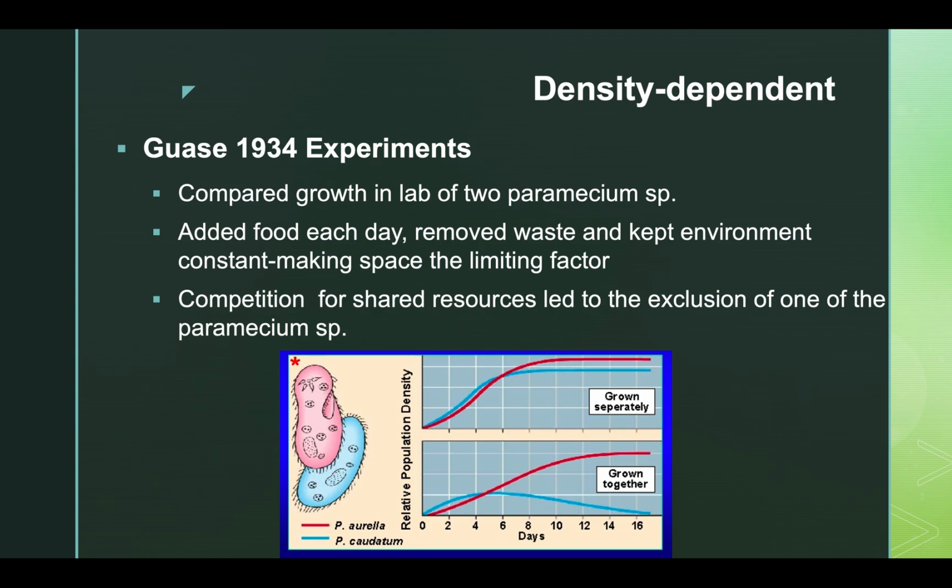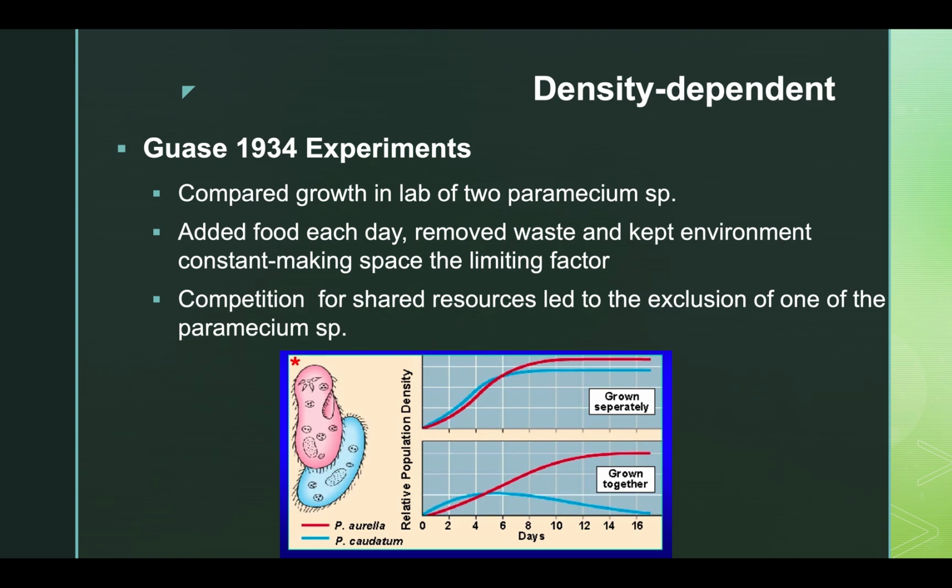Down here, you can see that when they're grown separately, both types of paramecium, P. aurelia and P. caudatum, had the same kind of growth pattern, right? You see that carrying capacity, logistic growth, where we increase and then start to level out around the same carrying capacity. But on the bottom, when they're grown together, P. aurelia still follows that pattern, but you can see P. caudatum starts to increase and then really crashes